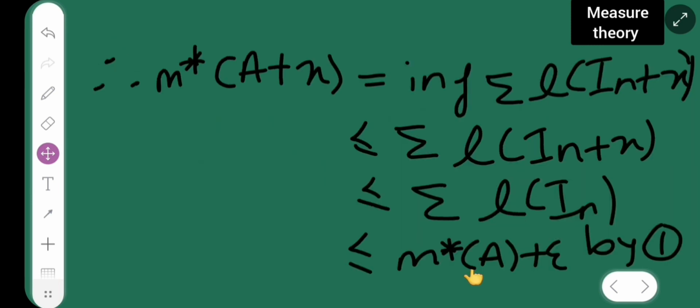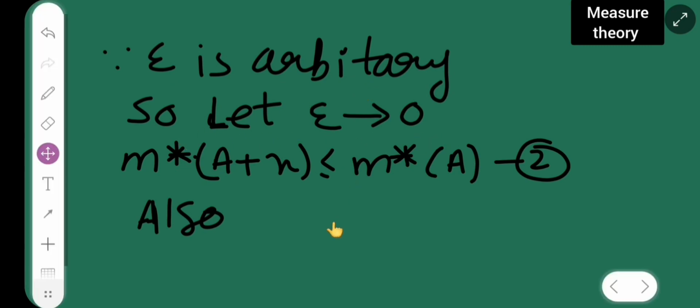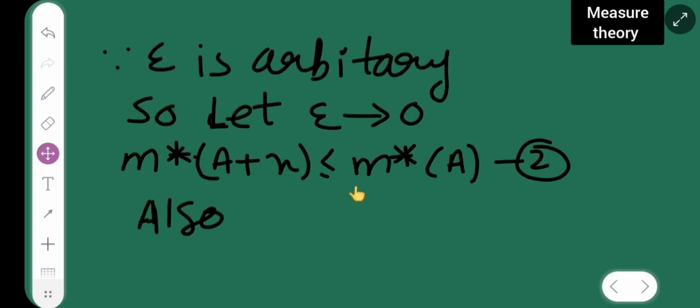Since epsilon is arbitrary, let epsilon tend to 0. Then I will get m star of A plus x is less than or equal to m star of A. That is, the outer measure of A plus x is less than or equal to the outer measure of A, and take this as 2. Also, A can be written as